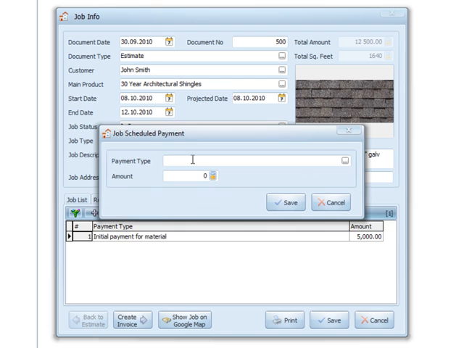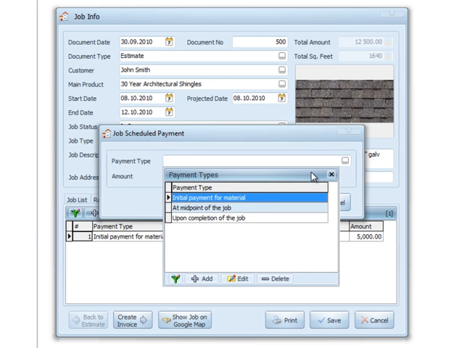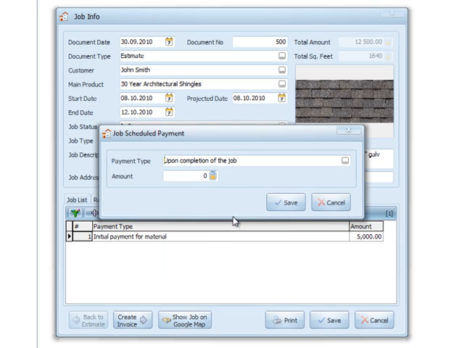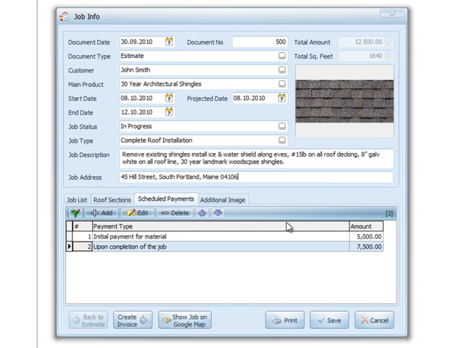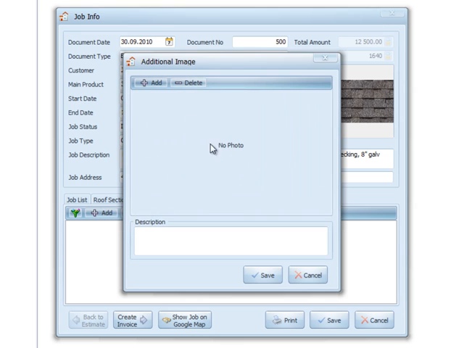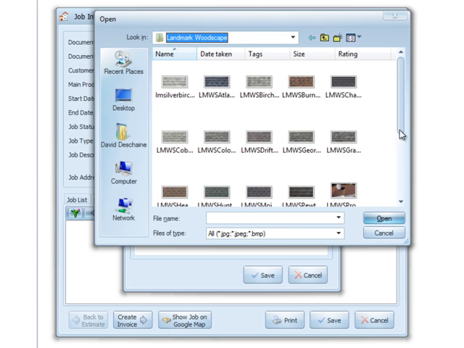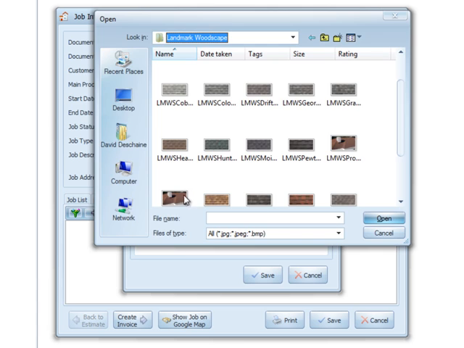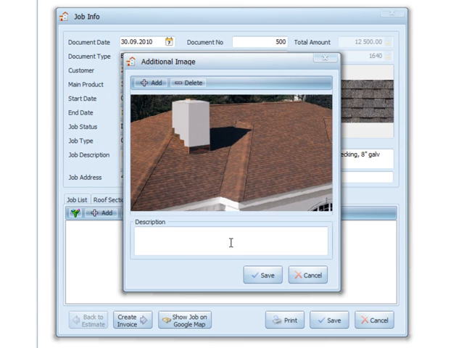Let's see, add another payment. Upon completion, or if you want midpoint of the job, and we'll go for the remaining $7,500 bucks. So that'll put that in there. Now, if you want to add an image of a house, it's nice to add different homes. You can add some other photos in there if you want, and you can call this the